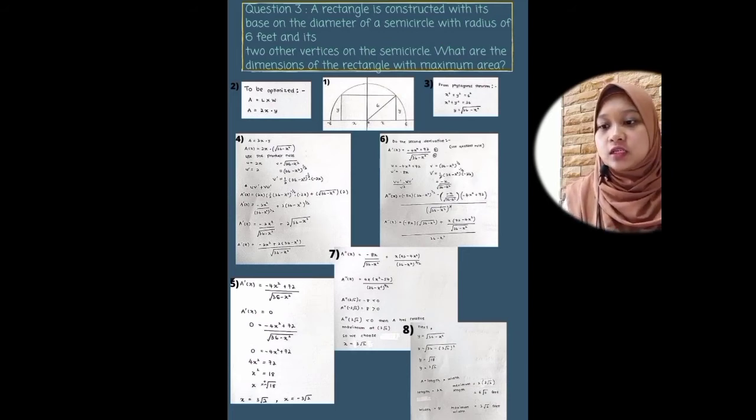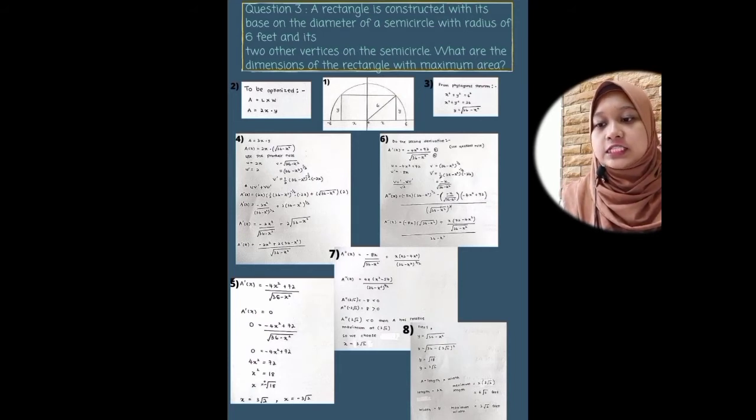And after that, we substitute the 3 square root 2 into the equation y is equal to square root of 36 minus x squared. It is because we want to find the width of the rectangle. So we gain the rectangle's width is 3 square root of 2, and